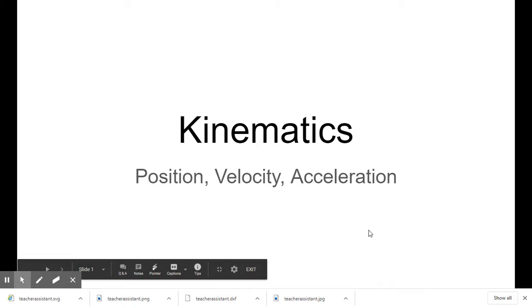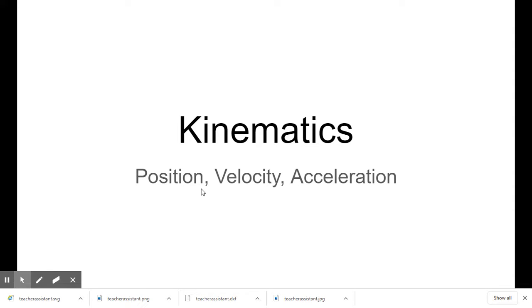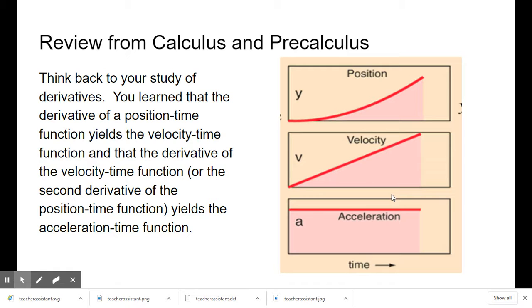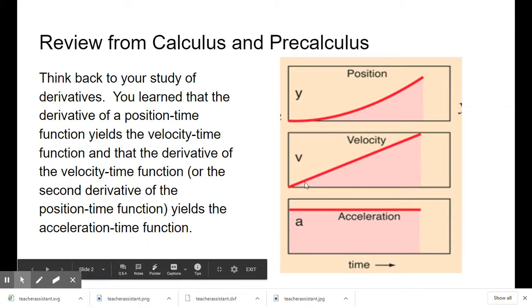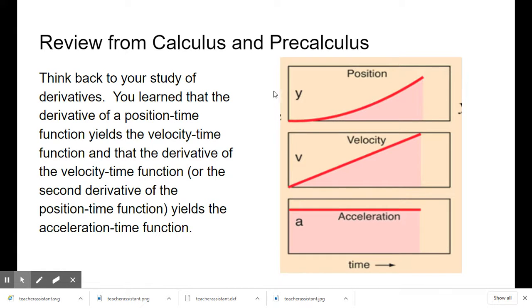We're going to go over our first section, which is kinematics, which is basically the study of motion, where we're going to be interested in position, velocity, and acceleration. So if you remember from calculus, you studied maybe some real world examples of position, velocity, and time. You learned that the derivative of the position time graph yields the velocity time graph. And then if you take the derivative of the velocity time graph, you'll get